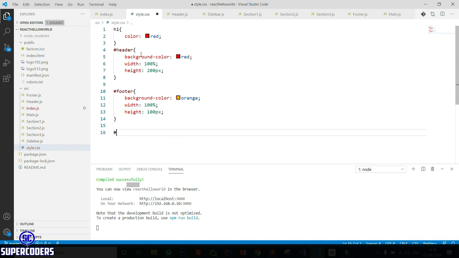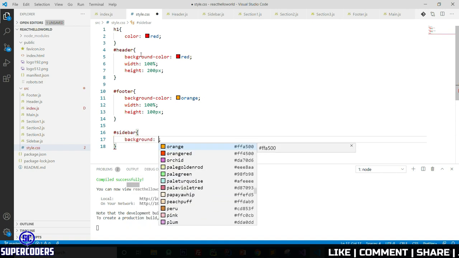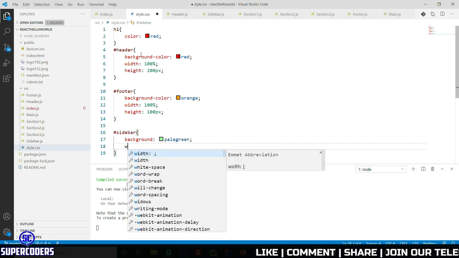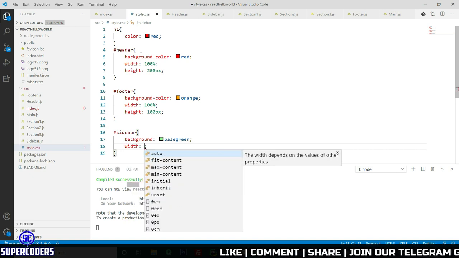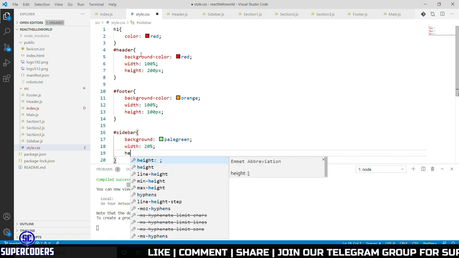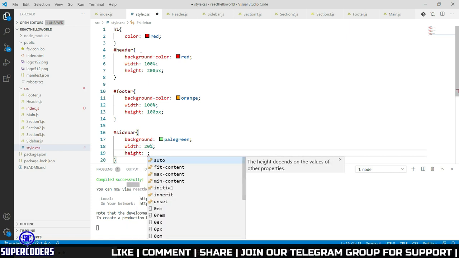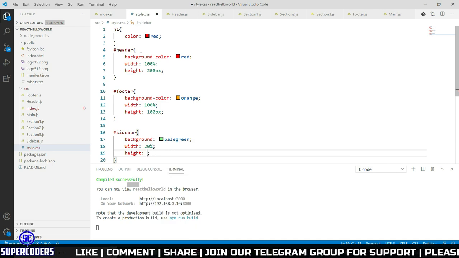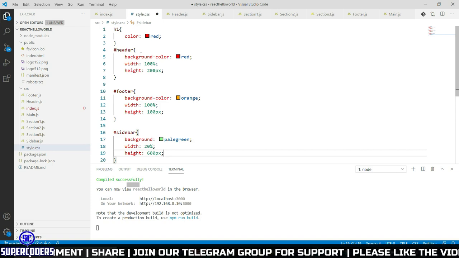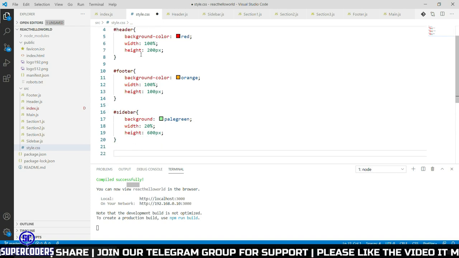Then come to sidebar, background green, width 20%, height giving like 600 pixel.